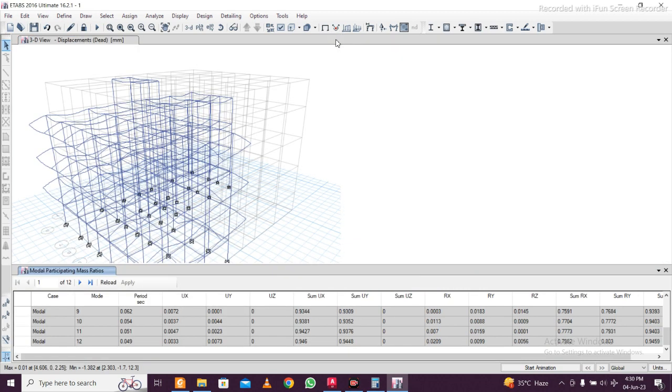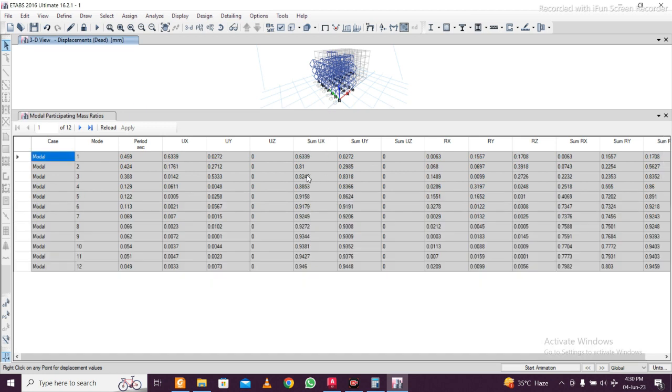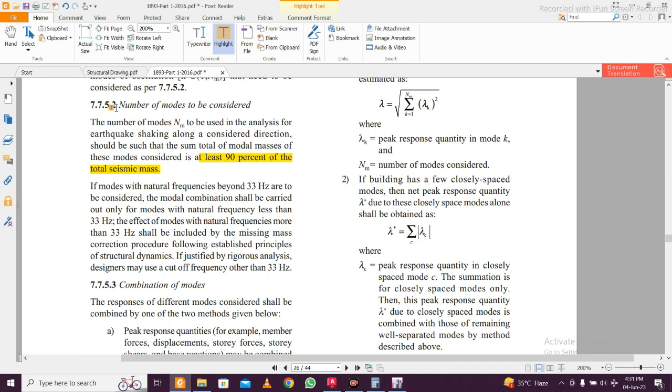So just close this and just open this, okay. So this is the table which you can see. These are the 12 modes, and you can see the time periods and the values. As per clause 7.7.5.2, number of modes to be considered, the number of modes nm